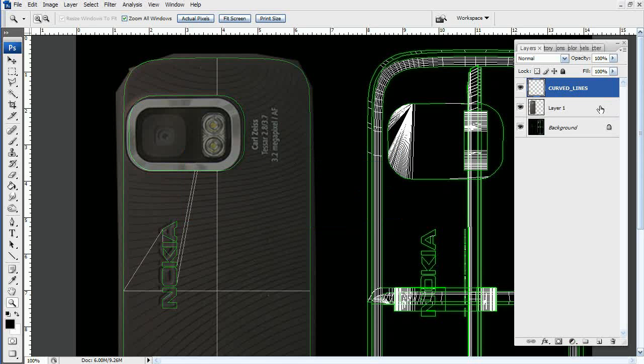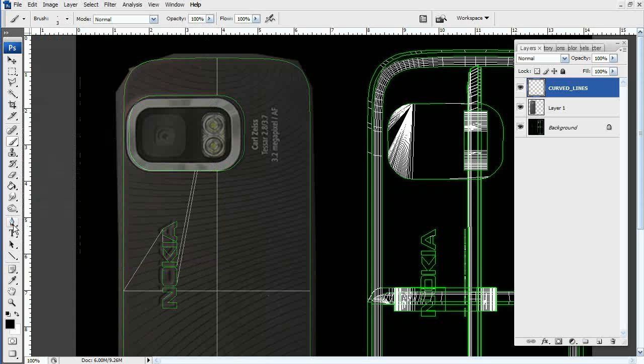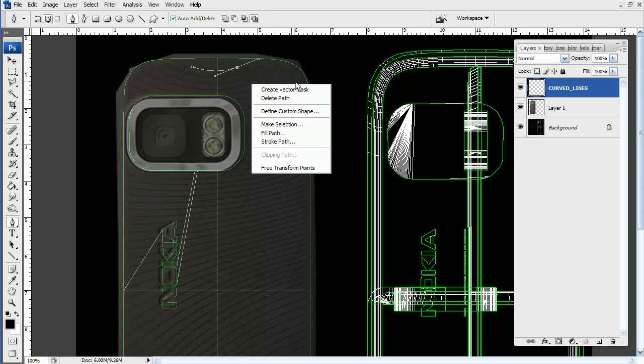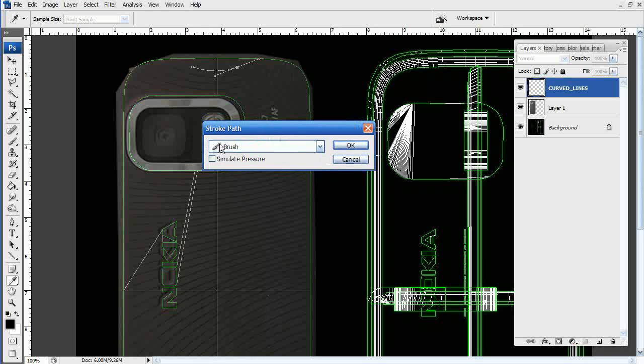Alright, so with that out of the way, first of all go to your brush tool, and alright, we're just going to leave it to 3 pixels, but I think it's going to be big, so just try 1. So make a path like this, and just say stroke path by right clicking, stroke path, the brush preset, click OK,